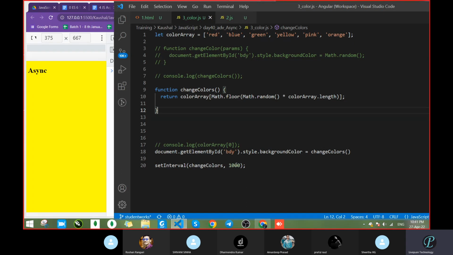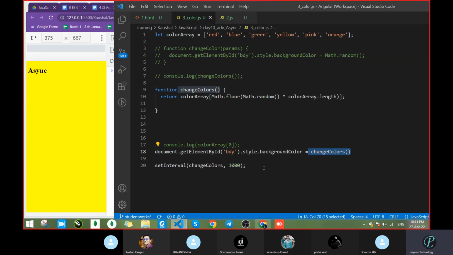After each second, it has to call change colors. Okay. It called here. This is a mistake somewhere. Because here, okay, 1 second. No, but what is the mistake?